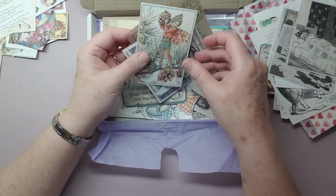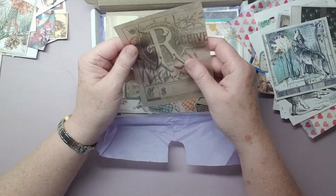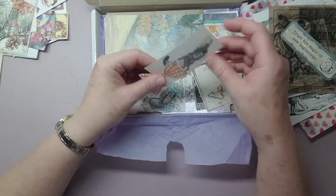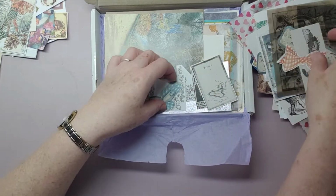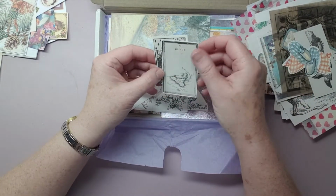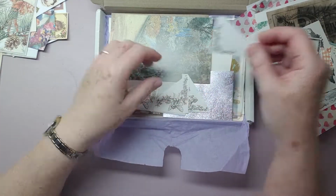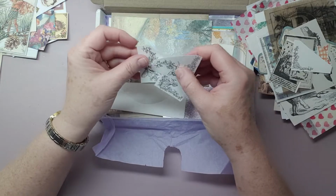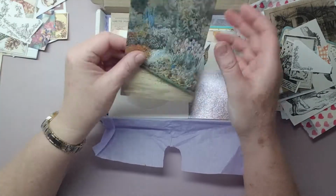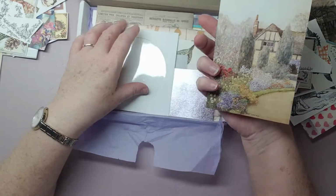More Raggy Dolls, another fairy, some lovely printed vellum, which is lovely. This one says trust the magic of new beginnings. Raggy Dolls, a nice bow, some lovely slippers, so they're all good for collaging. More Alice and a map, and a stamp there, little corner pocket. These would be cute for the junk mail journal, because they're all fairy themed. That's very pretty, very, very pretty. Flower border, and on the back,